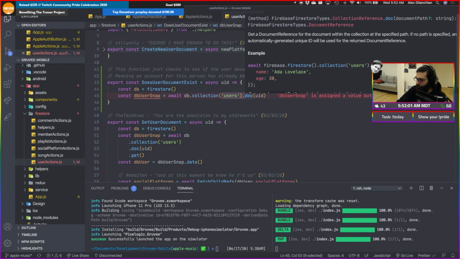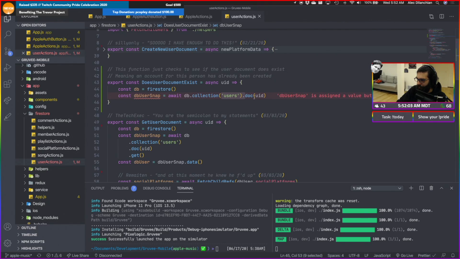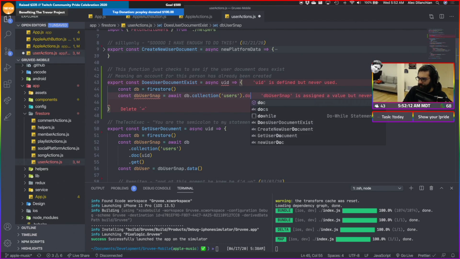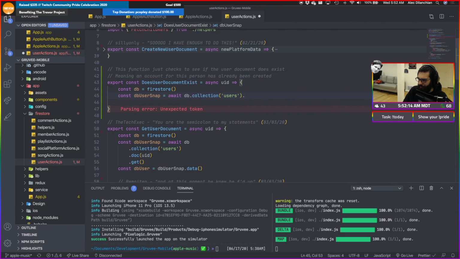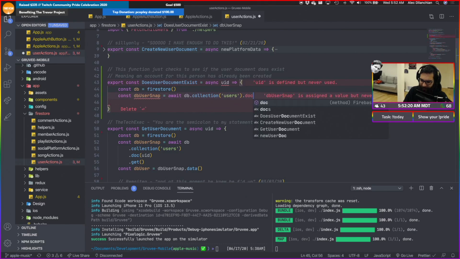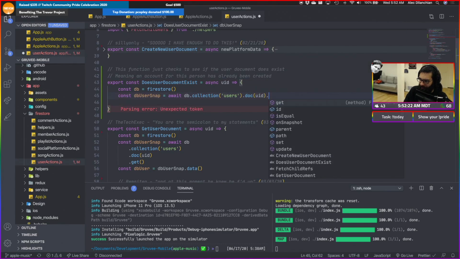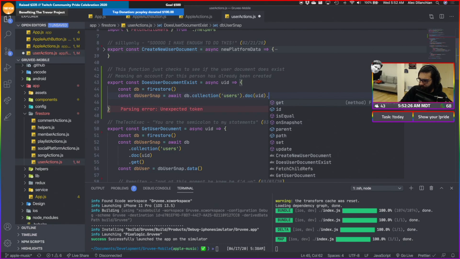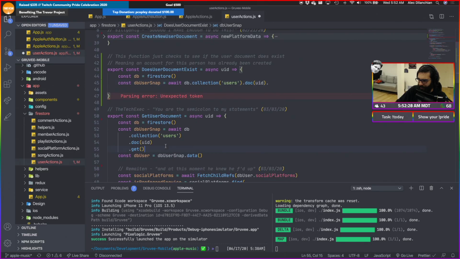What? Oh, that's using set. I see. I think isn't there a... Maybe I'm wrong, but I guess it could just be doc UID and then... What does get do?